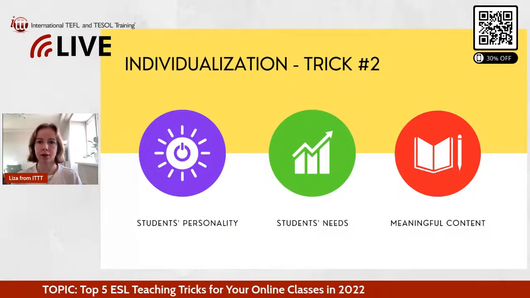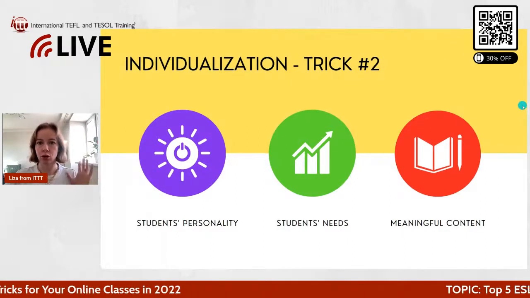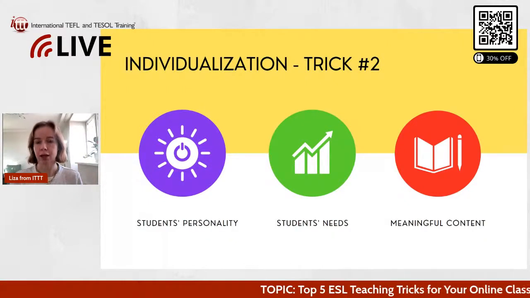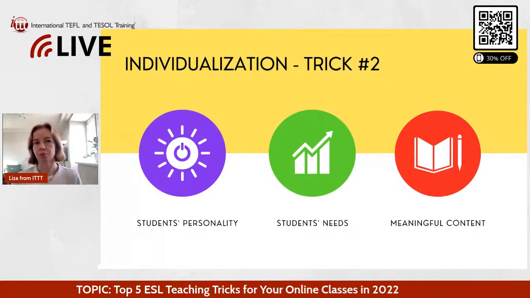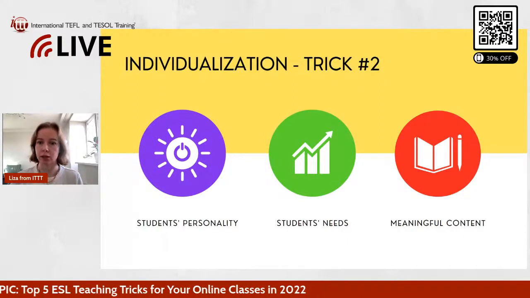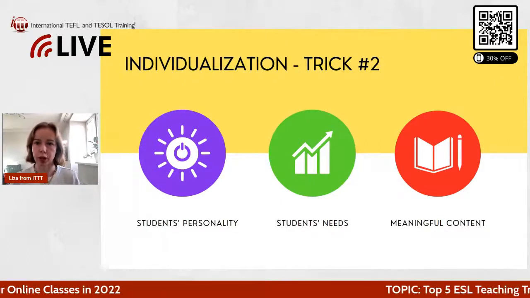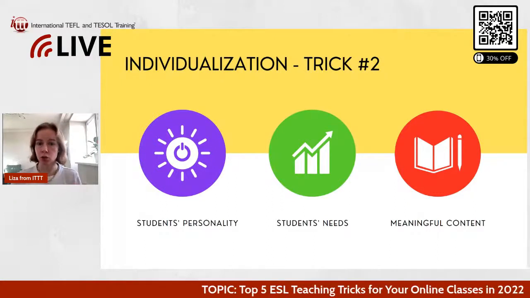The next thing is individualization. These two ideas are very trendy, and if you don't apply them right now, you won't probably make it next year, and you will probably fall behind, and some other teachers or online schools will